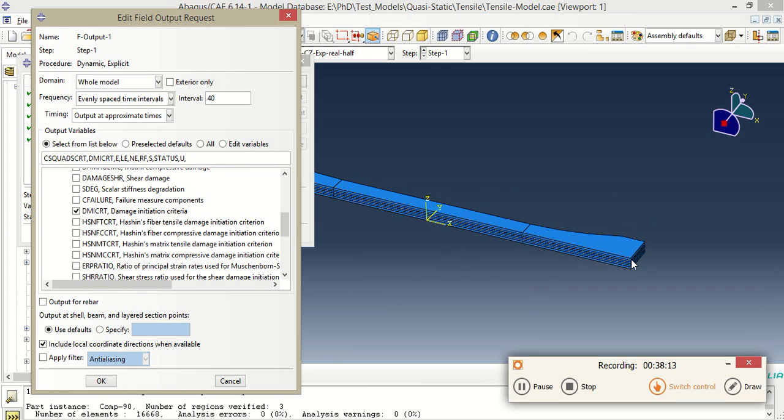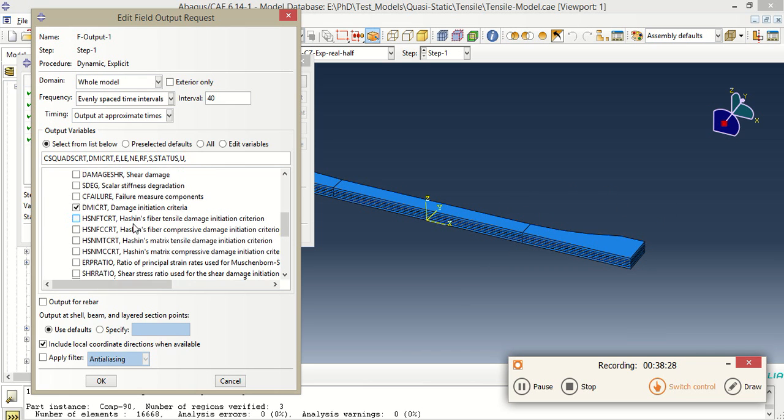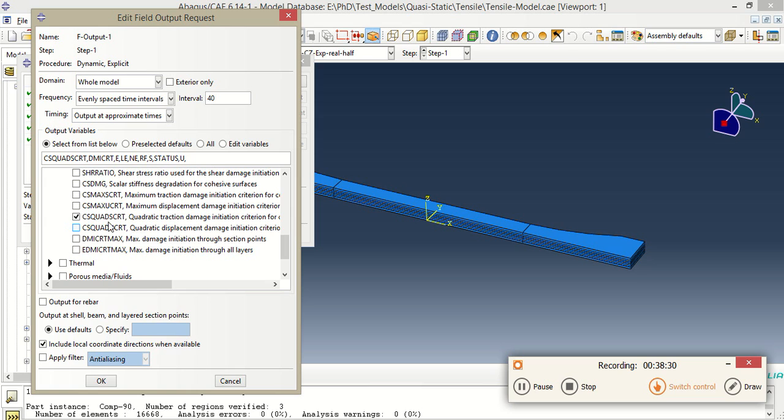Damage initiation criteria for the whole model. This will give you the point at which the aluminum is going to fail. So damage initiation criteria at the point where the aluminum is going to fail. Okay, then this will also show you the quadratic section damage initiation criteria, which gives you the point, or the time, at which the